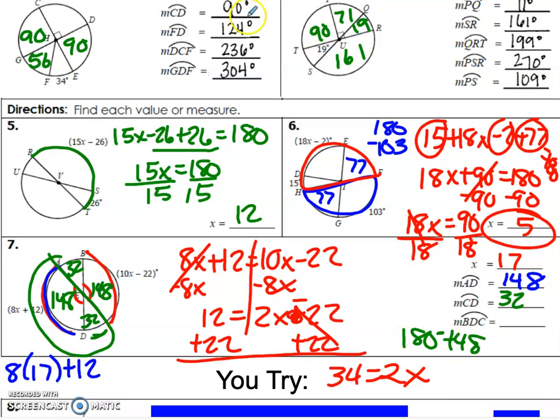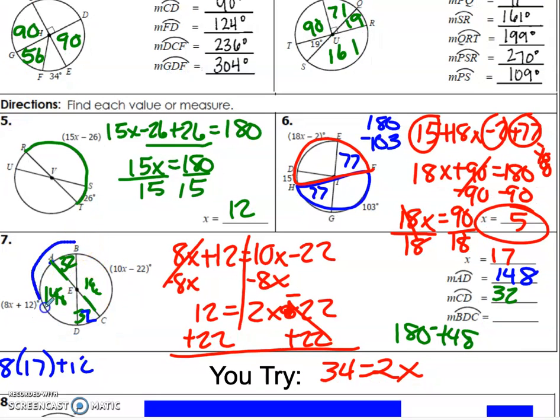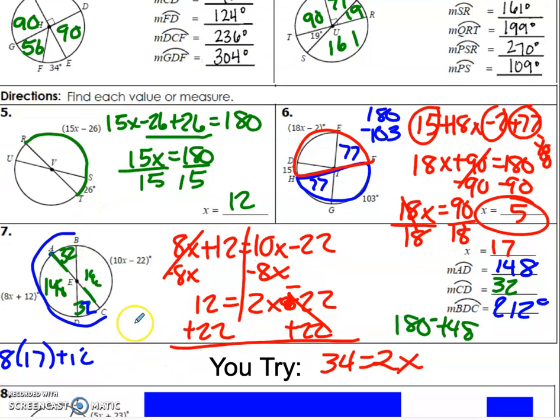So we can use our final one. I'm about to run out of time, I'm so sorry. BDC. So where's BDC? So you go from B to D and then to C. So you've got a major arc. So you would add up 32, 32, and 148 for a total of 212 degrees. Okay. So once you know each part, you can add them in. I am out of time. So use the answer key to